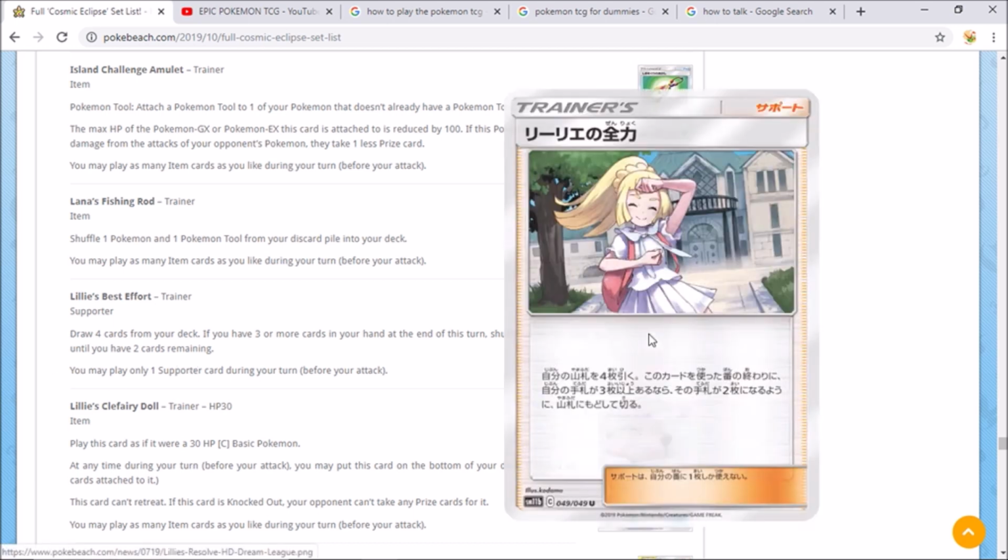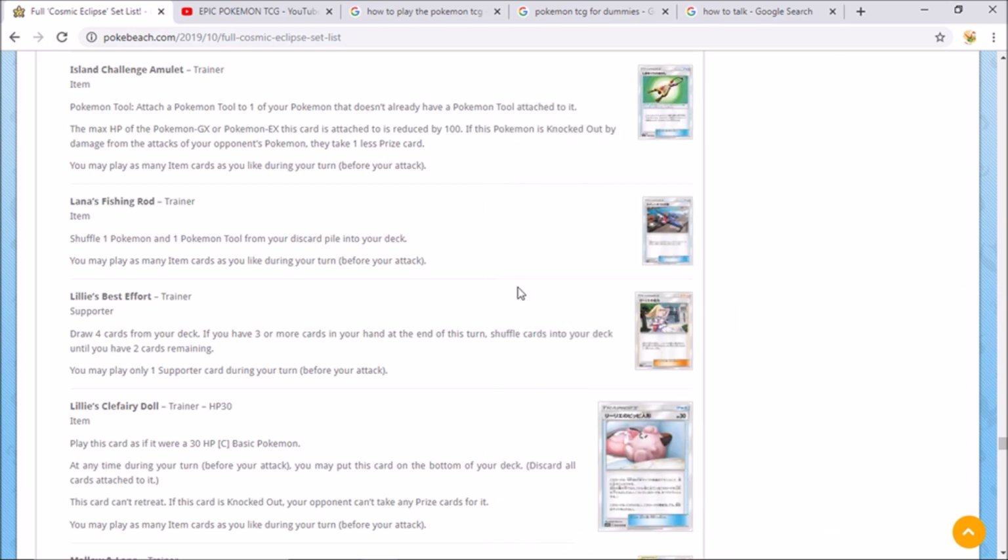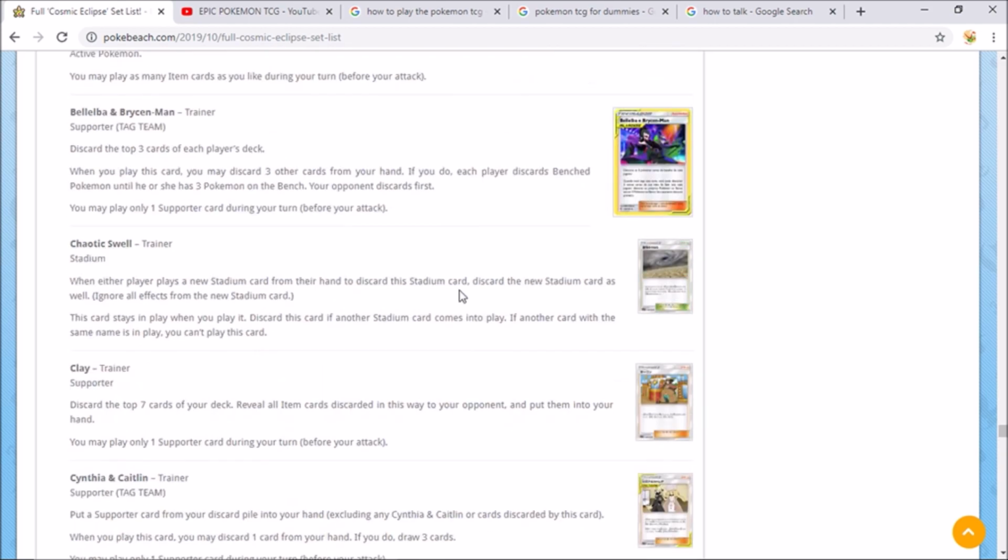All right, and here is Lily's Best Effort. So draw 4 cards from your deck. If you have 3 or more cards in your hand at the end of this turn, shuffle cards into your deck until you only have 2 remaining. So this reminds me a lot of a Yu-Gi-Oh card. I can't think of the name, but that's really what it reminds me of. But Lily's Best Effort. You have this card, and you can of course use that GX attack, which means you can